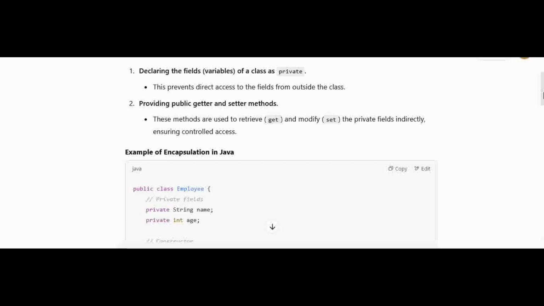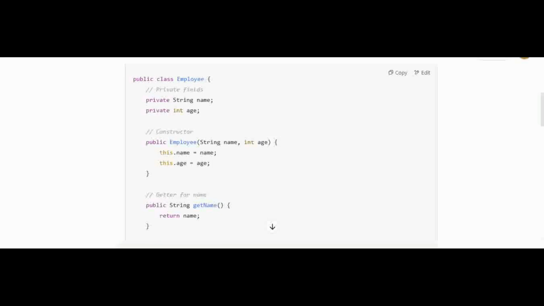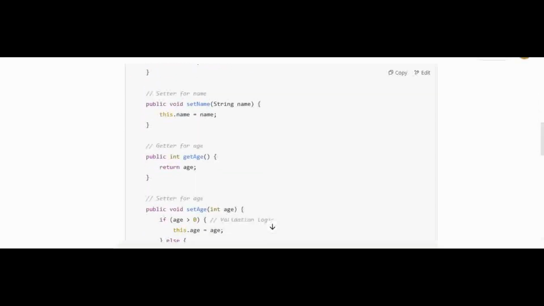The first one here is Java: public class Employee { // private fields private String name; private int age; // constructor public Employee(String name, int age) { this.name = name; this.age = age; } // getter for name public String getName() { return name; } // setter for name public void setName(String name) { this.name = name; }